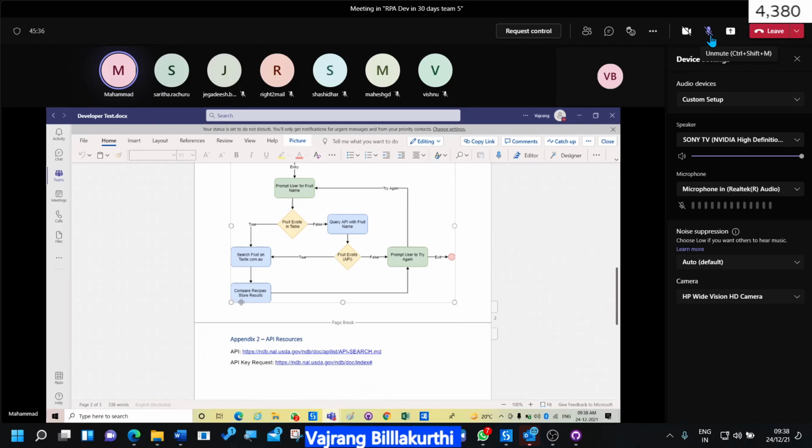We need to compare among those 3 which has the most ingredients. Yes, this is the step. It is an important step, which is why they have mentioned it in the flowchart.